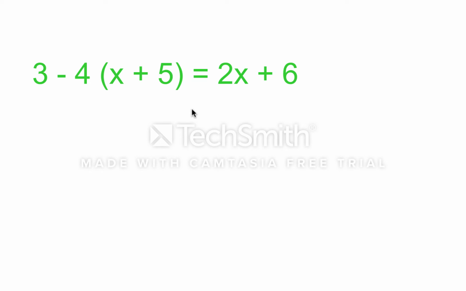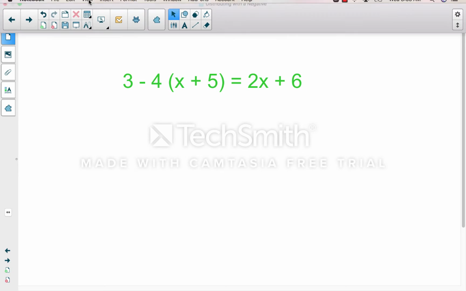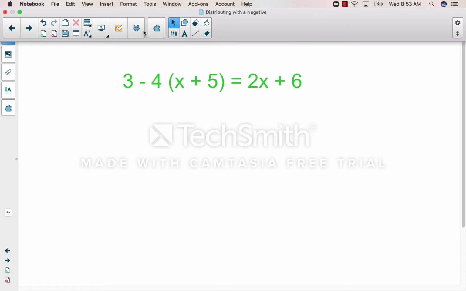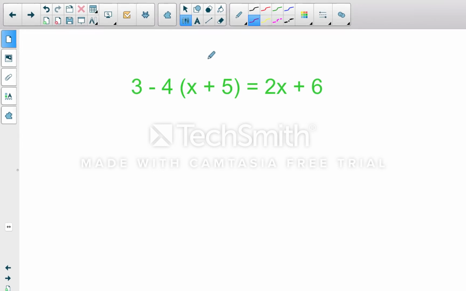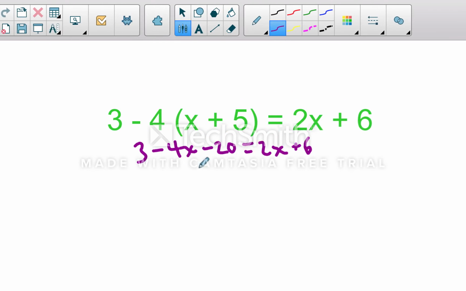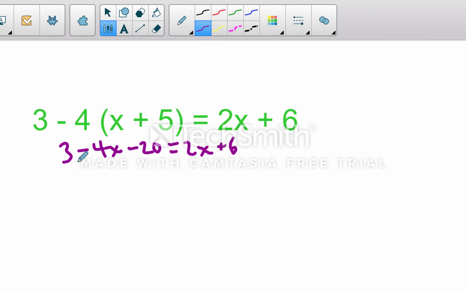Welcome to the video on distributing with a negative and solving multi-step equations. There's a lot going on in this problem. I want to start with looking at this right here, this negative 4. What this is saying is take 4 groups of x and take 4 groups of 5. So let's distribute. And now that I've distributed, the problem says 3 minus 4x minus 20 is the same as